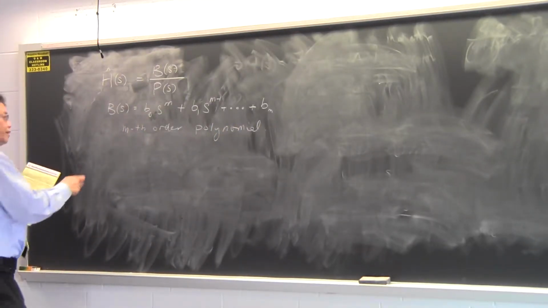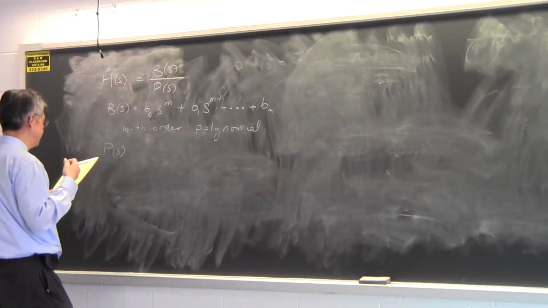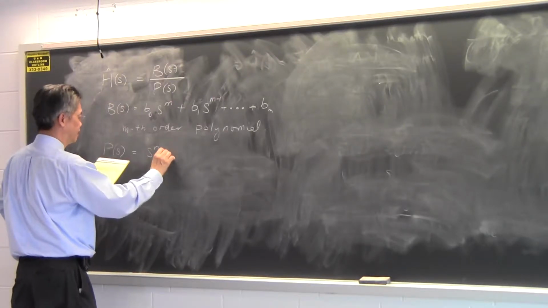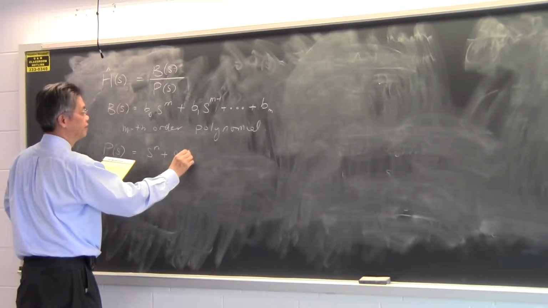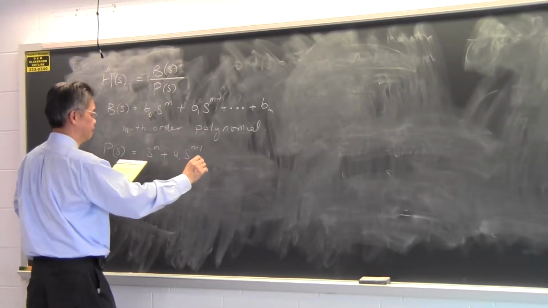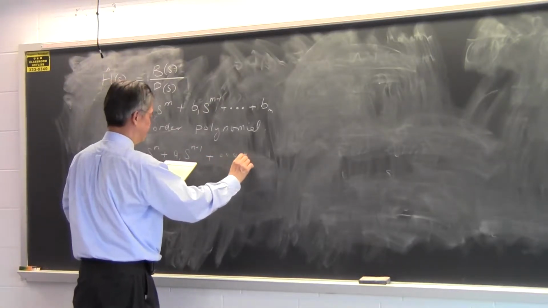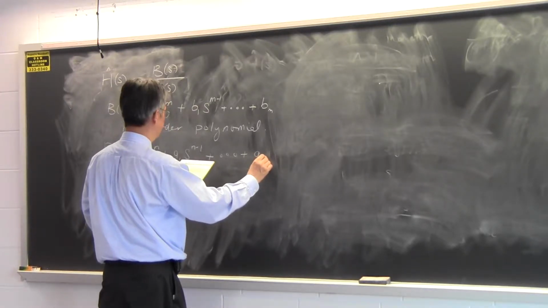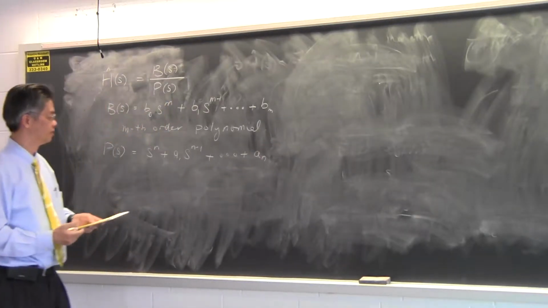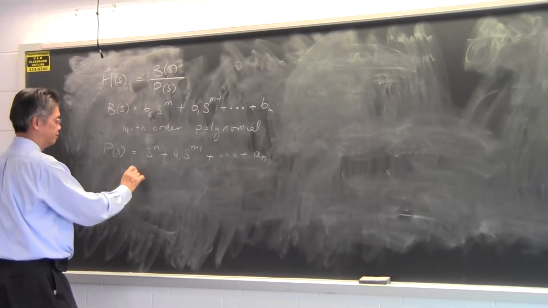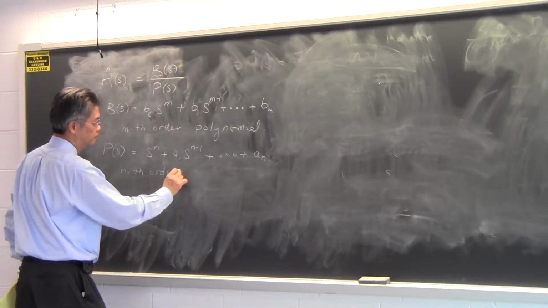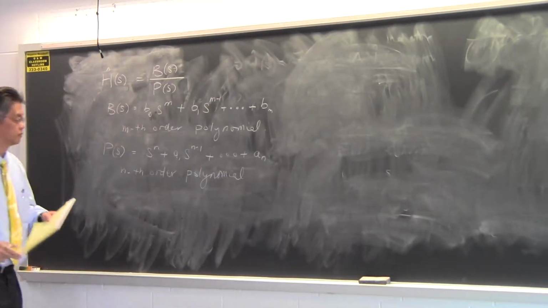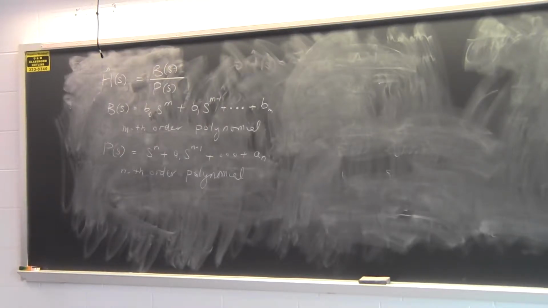And then the denominator can also be written as a polynomial. It can be written as s^n plus a1 s^(n-1) plus dot dot dot plus an, and so on. So this is an nth order polynomial. So the thing to note here is that